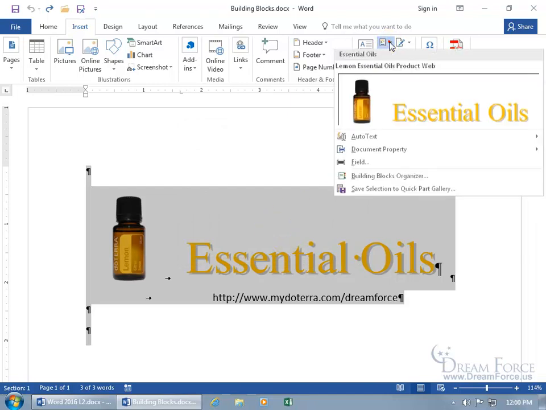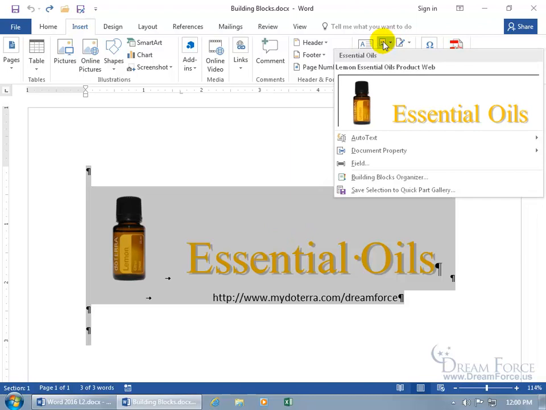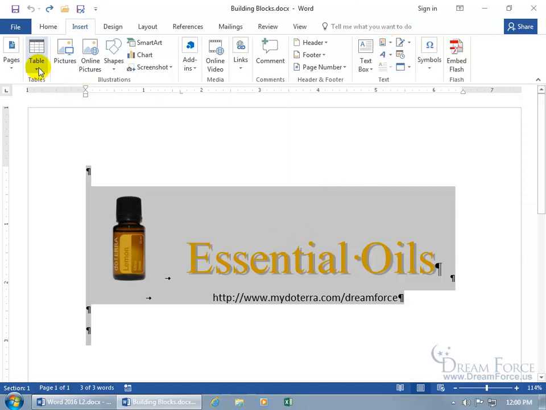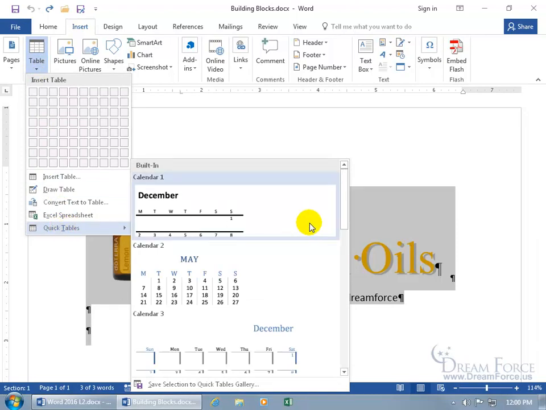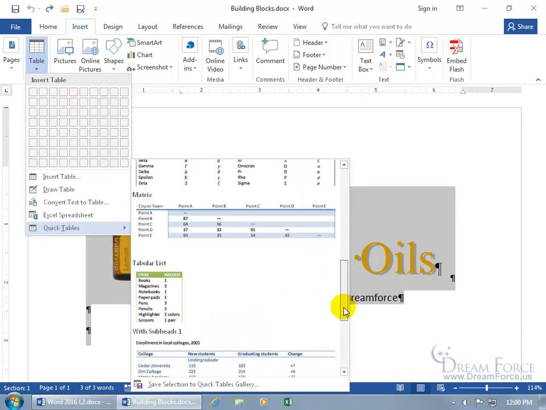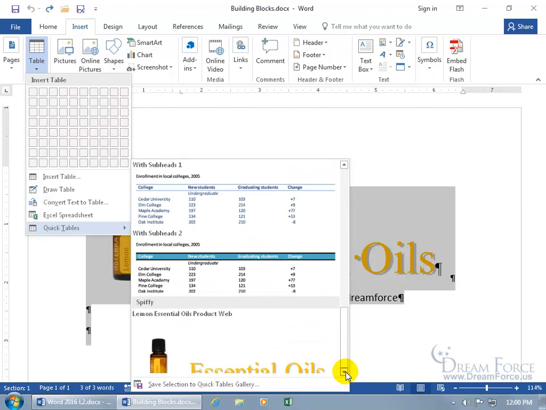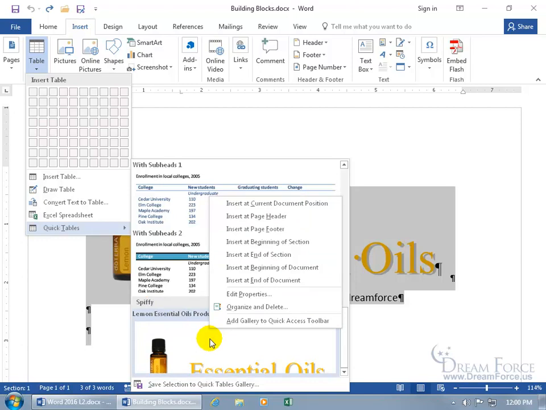We have one in the Quick Parts, it's still there. And then over here in the tables, click on Table, and then go down to Quick Tables. And let's scroll down until we can find it. Oh, there it is at the very bottom in its own spiffy category. Fabulous. You can also right-click on it to get additional options, and it's the same options whether it's in the